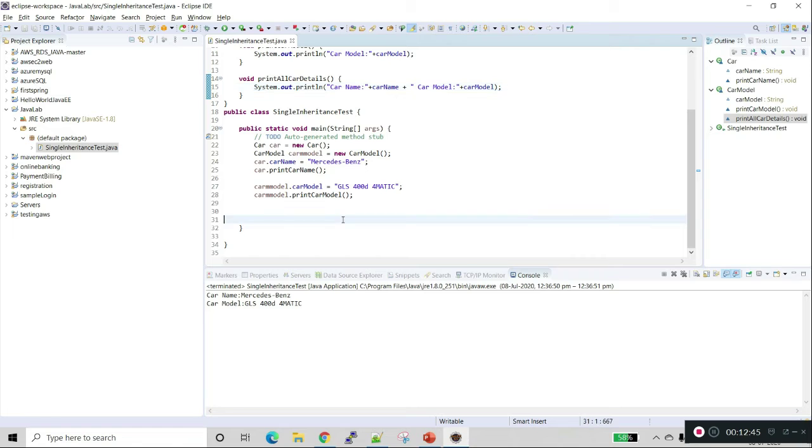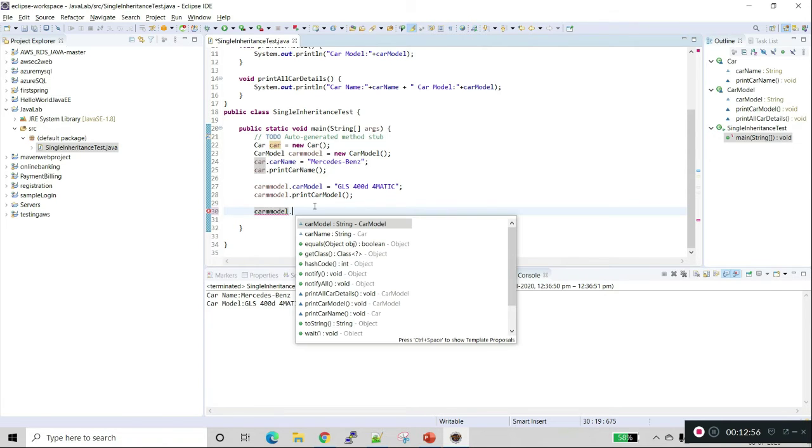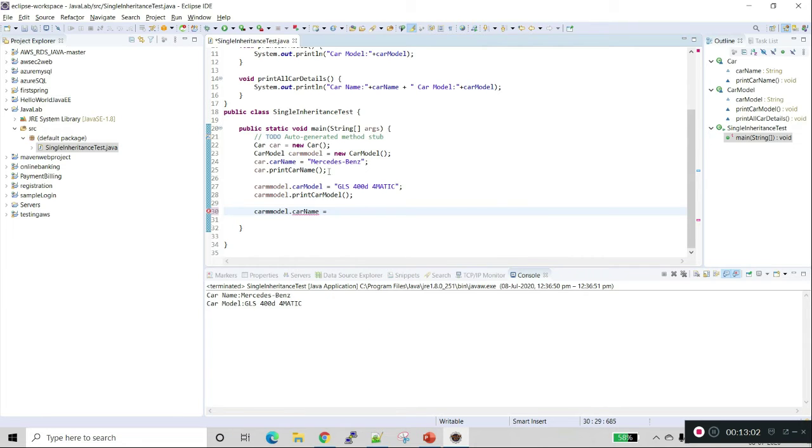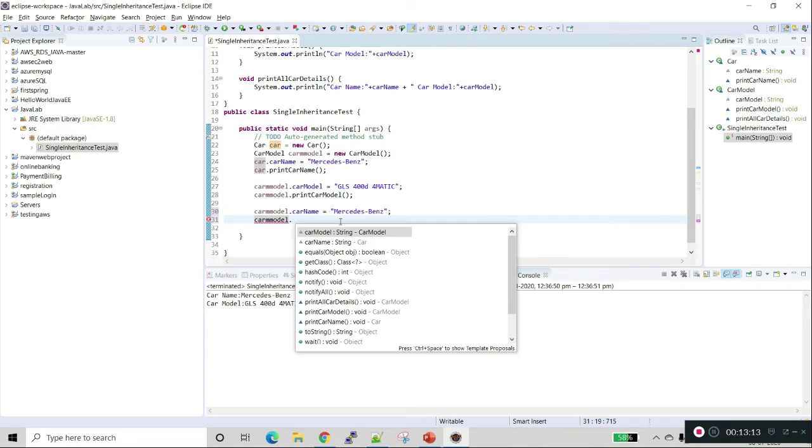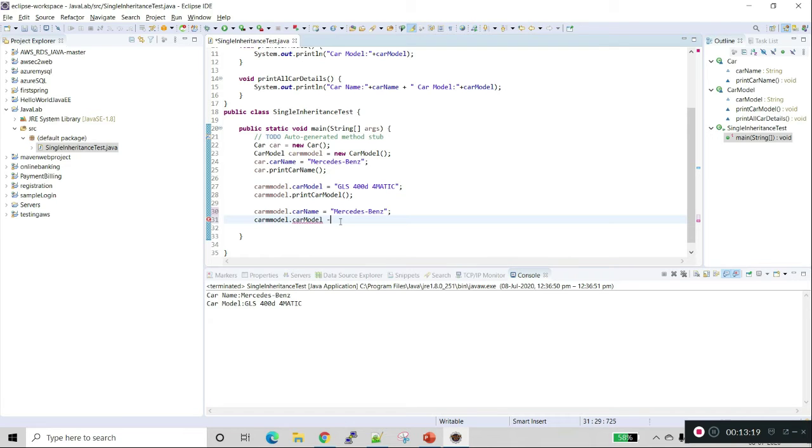Again we will call the car model dot car name equal to Mercedes-Benz, and car model dot car model equal to the model name.